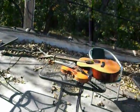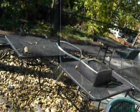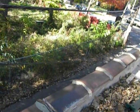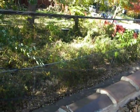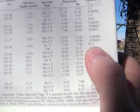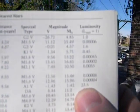So we're going to look at and talk about and focus on another star. I'm looking in this book called Peterson's Guide to Stars and Planets. I'm looking at Appendix 4 in the back. Appendix 4, the nearest stars. And 7th on the list is a star called Sirius A and Sirius B. So Sirius A is a big star, and it has a companion star called Sirius B. And what I'm getting at is this number right here. We're in the column under luminosity and